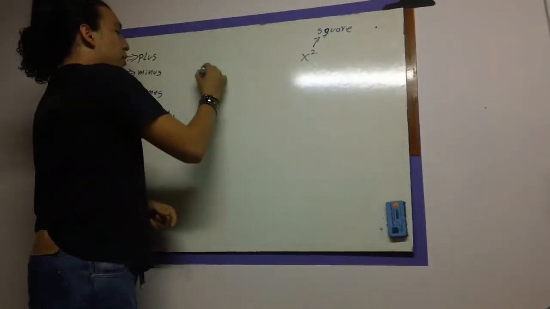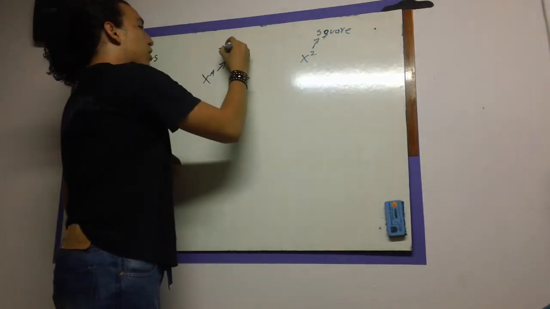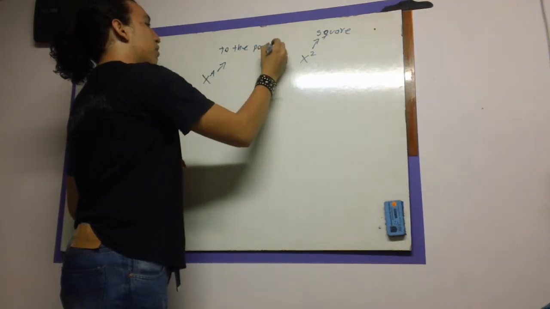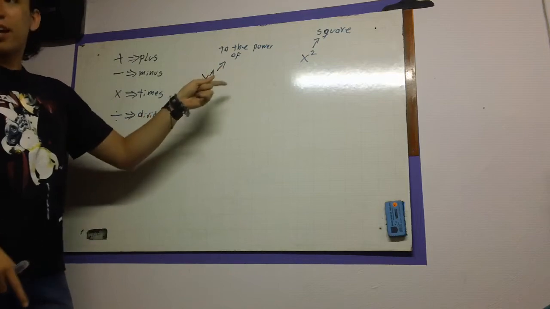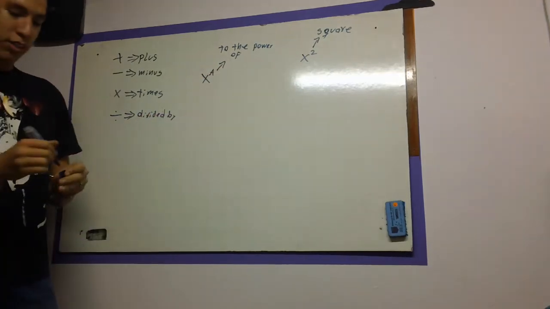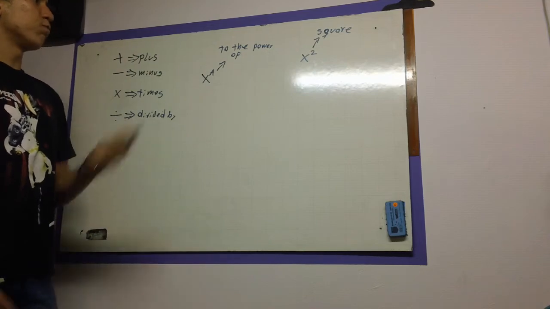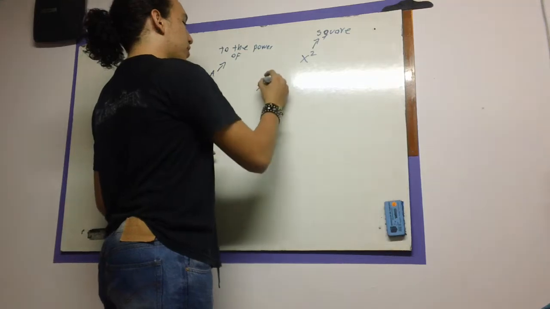Or the usual way you say is to the power of, a la potencia de. We saw this. So you say x to the power of a, where a equals any number you want to use as a power. So if, for example, you have x squared